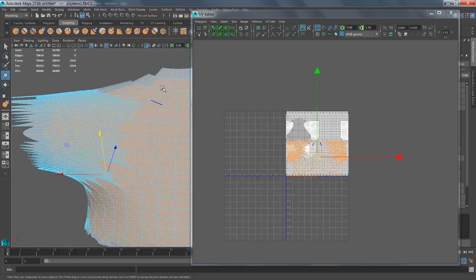But at the moment, I just need to research how to get this edge cut out again. There's a way of doing it, and I think it's up here somewhere. But I need to make sure, instead of just faffing around and keeping you all watching me while I go through each button,